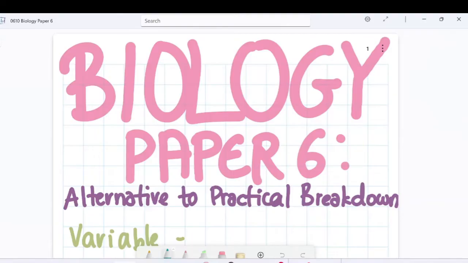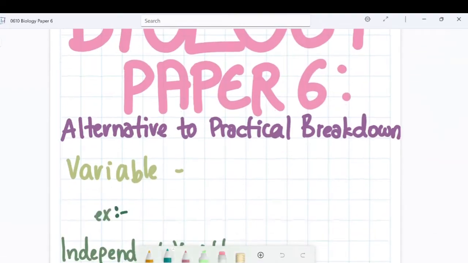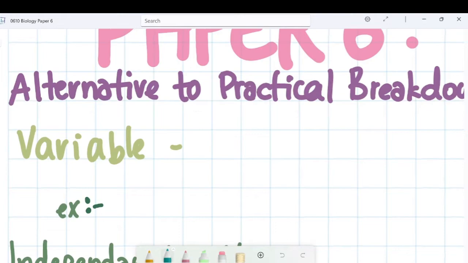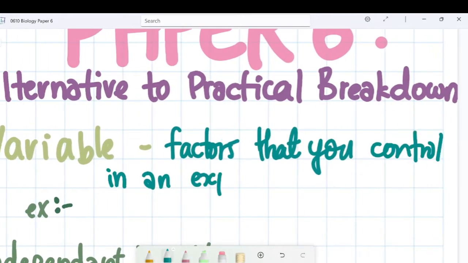And today we're going to start with the basics. We're going to talk all the variables. We're going to talk the testing that you need. Let's get started. Now variables. What are variables? Variables are factors that you control in an experiment. Now I'm going to share this file with you so you can see what's going on as we proceed in